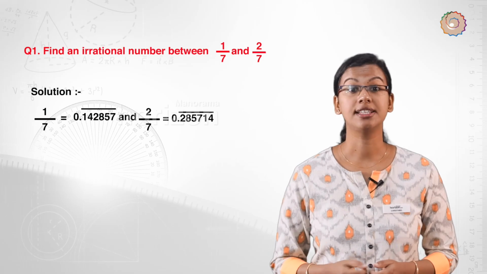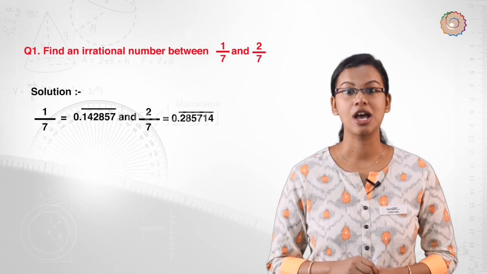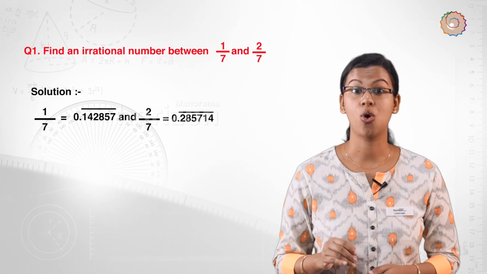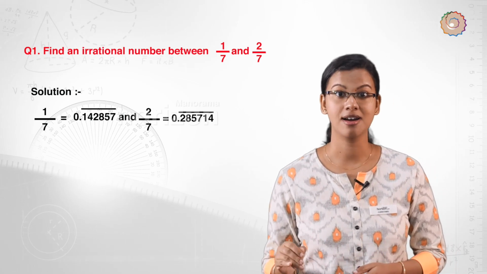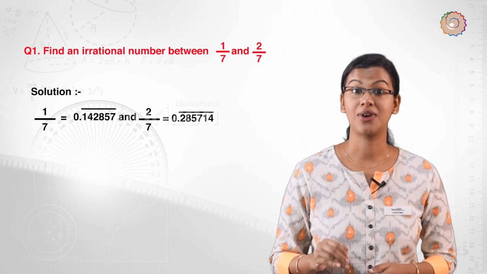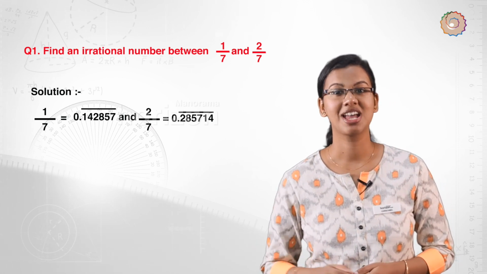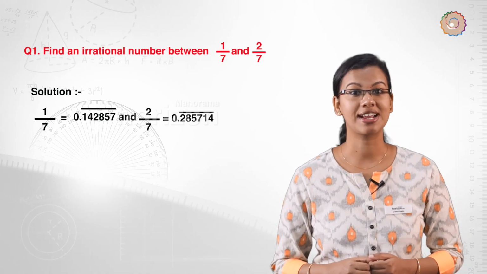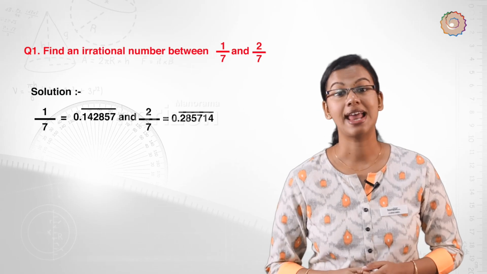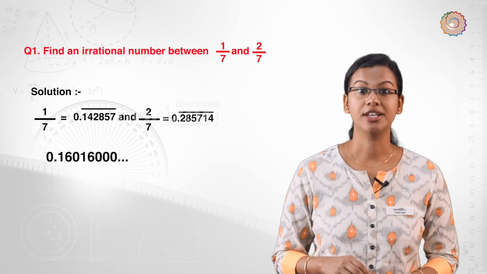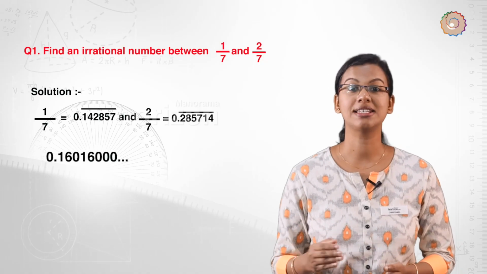We find the decimal forms, that is 1 by 7 is 0.142857 bar and 2 by 7 is 0.285714 bar. Now we can easily find non-terminating, non-recurring decimal numbers lying between these two values. For example, 0.160, 1600,